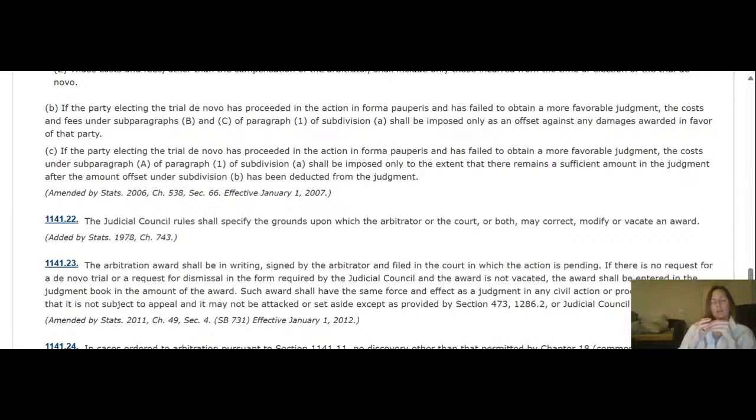B, if the party electing for a trial de novo has proceeded in the action in forma pauperis and has failed to obtain a more favorable judgment, the costs and fees under subparagraphs B and C of paragraph 1 of the section A shall be imposed only as an offset against any damages awarded in favor of that party. C, if the party electing the trial de novo has proceeded in the action in forma pauperis and has failed to obtain a more favorable judgment, the costs under paragraph A of subsection 1 of subdivision A shall be imposed only to the extent that there remains a sufficient amount in the judgment after the amount offset under subdivision B has been deducted from the judgment. So,